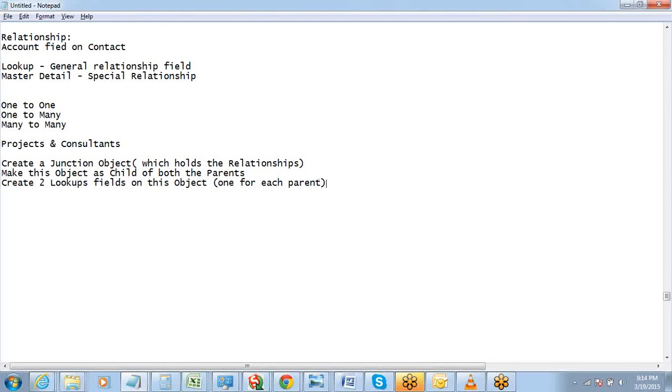That's it. And it automatically creates that junction object for you, which can be used for tracking the many-to-many relationship.